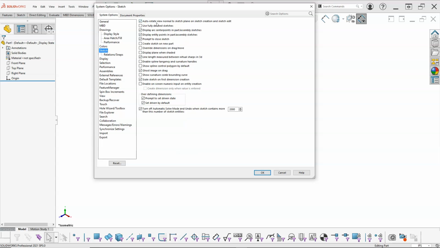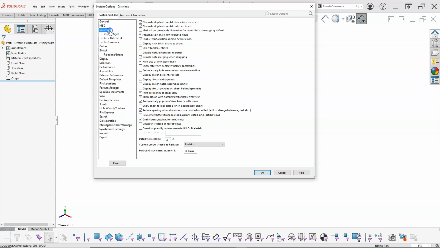let's see, on the sketch, auto rotate normal to sketch plane, that one could be on or off depending on preference. Sometimes when I'm doing a lot of 3D, I'll turn that one off. There is one more. And it was, well, since I can't find it, let's go up to the search, and this is going to be mark for